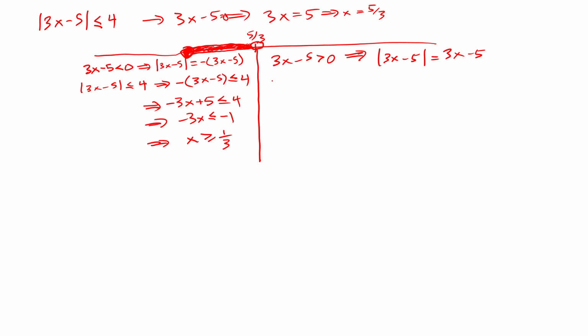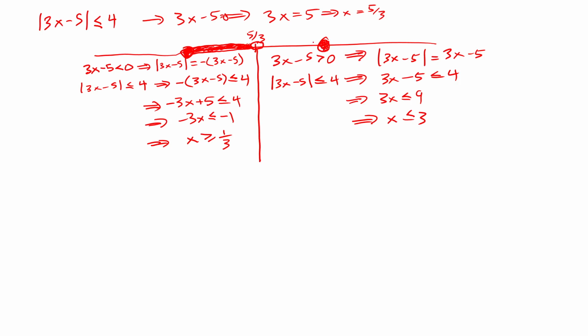Okay, so the inequality absolute value of 3x minus 5 being less than or equal to 4 on this side of 5/3 is the same as solving 3x minus 5 is less than or equal to 4. That's like saying 3x is less than or equal to 9, which is like saying x is less than or equal to 3. Okay, so I'm going to color in that part of the